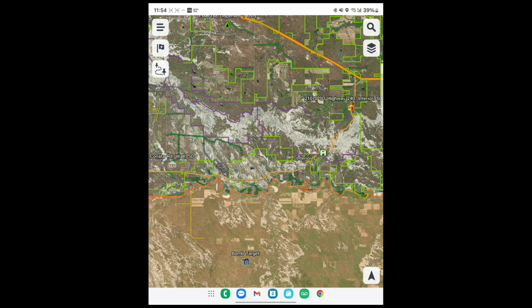Now, if the web app did great, I could really replace a lot of different apps. I will say, in all transparency, I still use Gaia, and I still use Onyx. I will be getting rid of Gaia because I don't see the need for it anymore with the Tread Overlander and the Tread app. I still will keep Onyx for now.